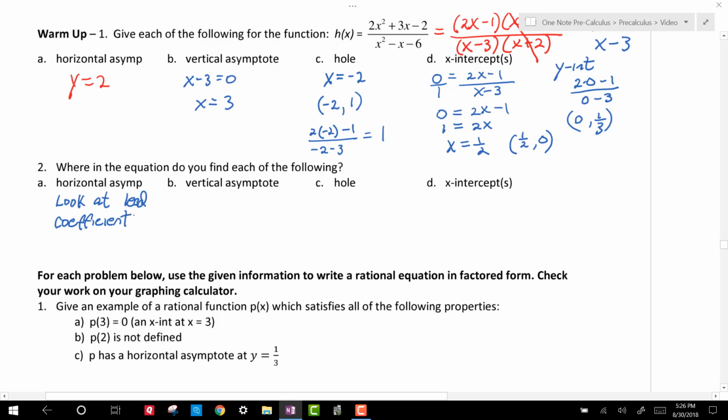Now we have some rules for that. If the degree of the numerator is less than the denominator, it's y equals 0. If the degrees are equal in the numerator and denominator, you divide them out. If the degree of the numerator is greater than the denominator, then there is no horizontal asymptote. The vertical asymptote comes directly from the denominator. So I find the vertical asymptote in the denominator,